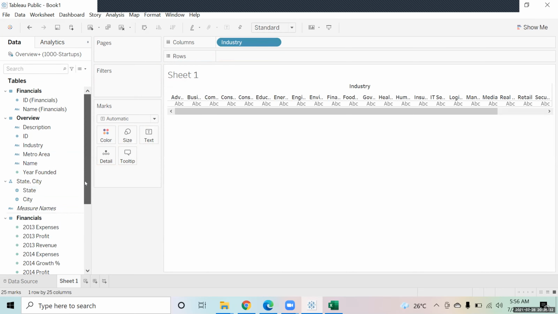But this has a drawback, right? This has a drawback that I have to transform my data somewhere. So tomorrow, if I have to use the same file again, I might not be able to do it. So in order to tackle that, I am going to do the grouping of the data over here itself. In Tableau, we have a feature which we call grouping, where we can group the data. So I'm going to right click on industry and I will say create group.